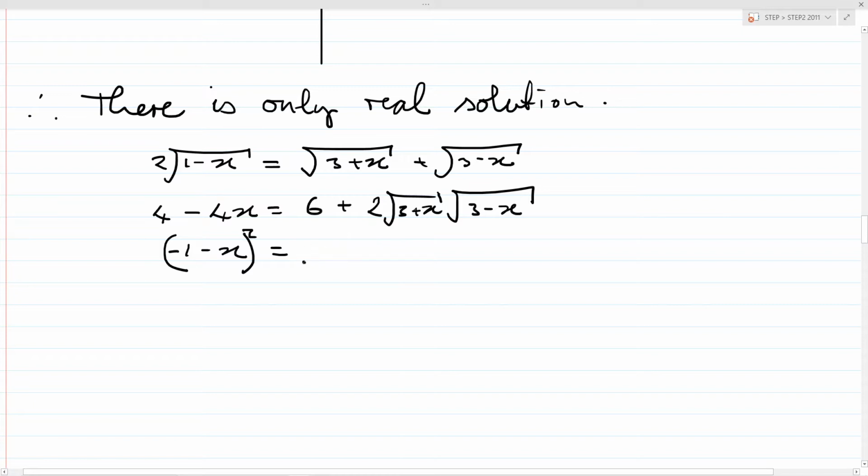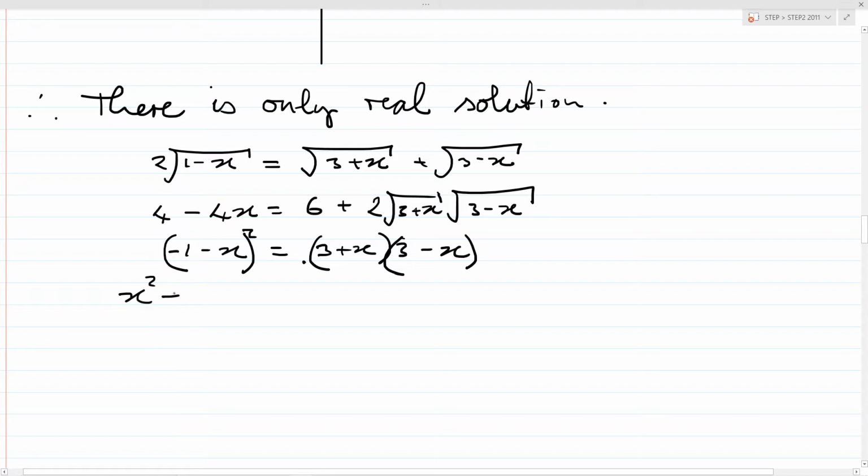So we're going to get that this is going to be, not root, it's just going to be 3 plus x times 3 minus x, which you can immediately see is the difference of 2 squares. And this is just the same as x plus 1 all squared, because the negative will cancel, or can factor it out, and then obviously a square of -1 is 1, so that we get